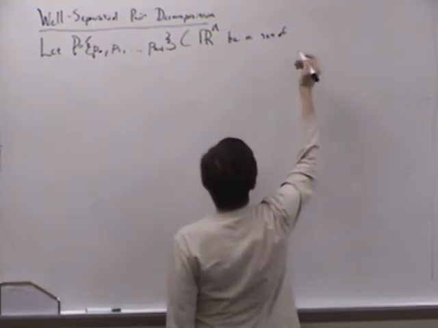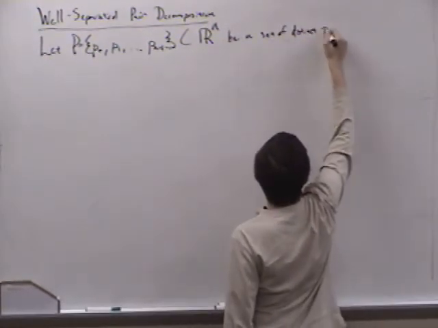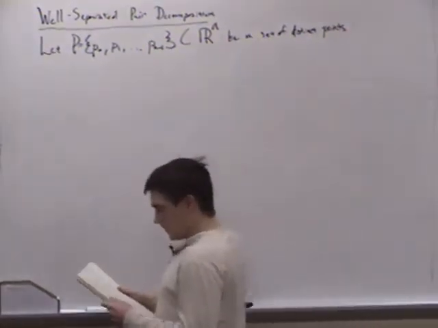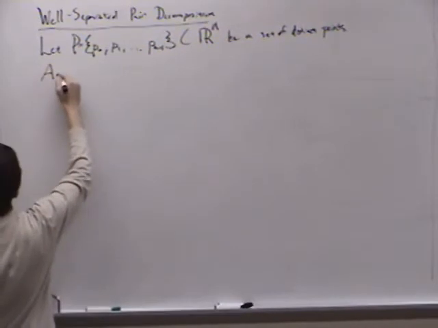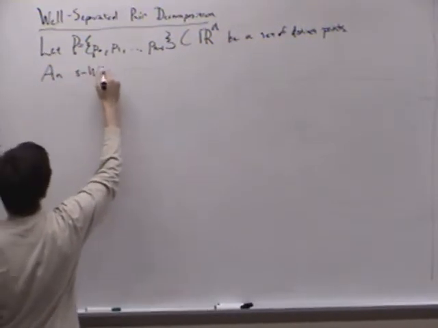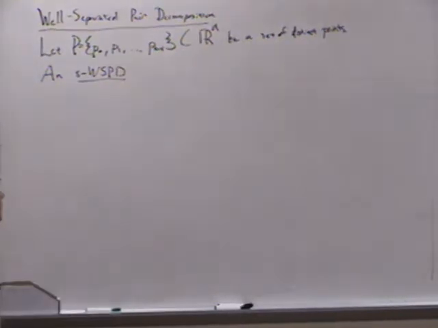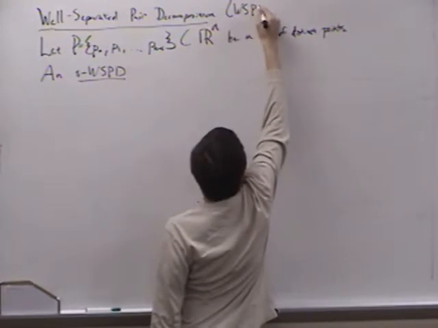Otherwise, this isn't a well-defined construction. OK. And so we're going to say that an s-well-separated pair decomposition, which I'm going to abbreviate with WSPD for the rest of this lecture,